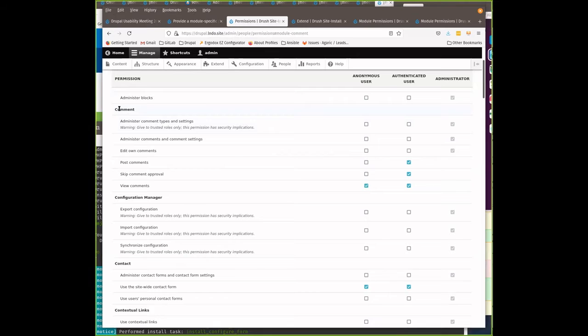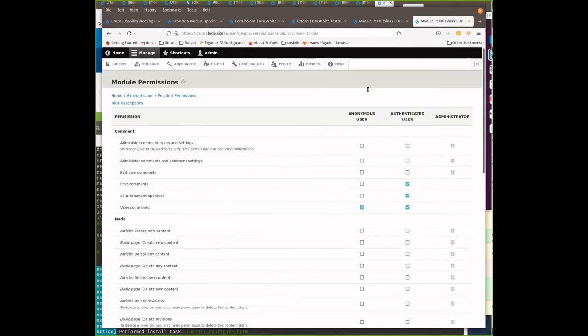Okay. So if you have a module that's the comment module, that anchor, your form is focusing in on those particular permissions. Yeah, each permission is provided by one and only one module, and they're grouped under the corresponding module on this page, with one exception. Yeah. The one exception is that